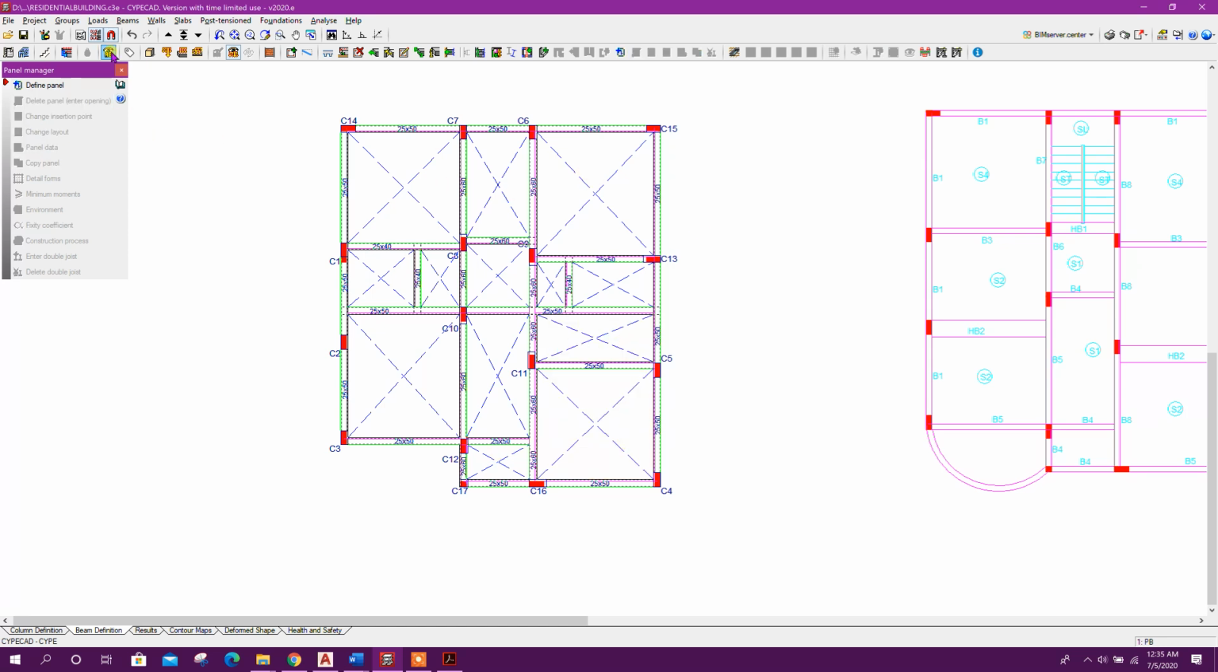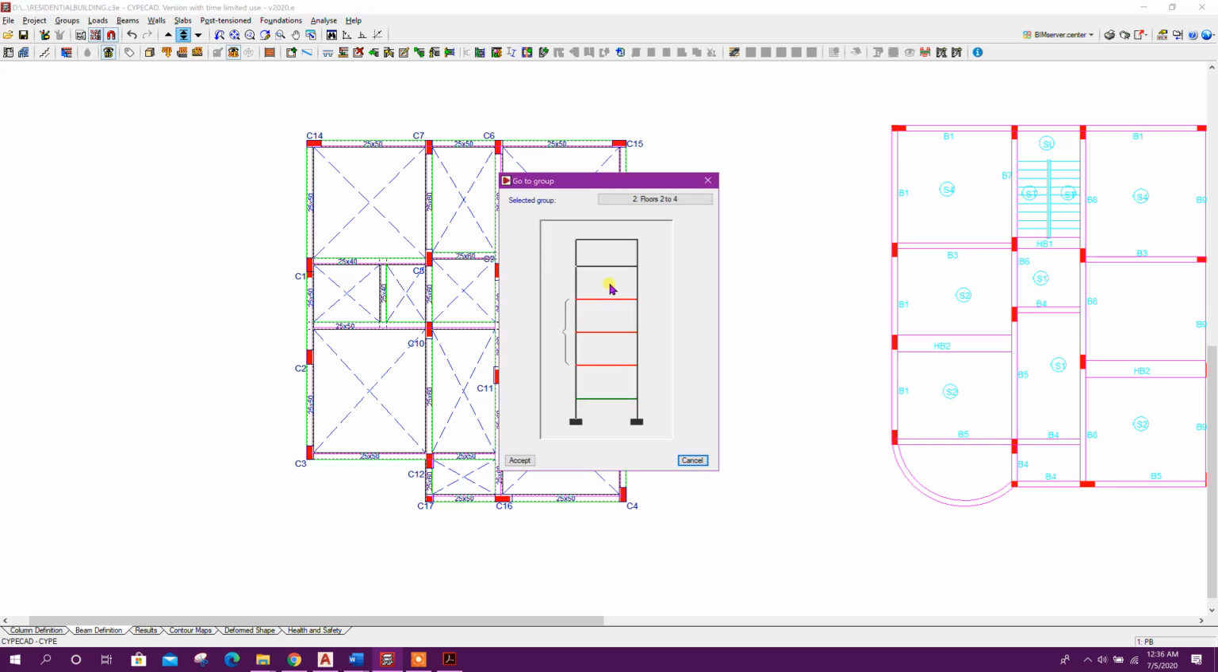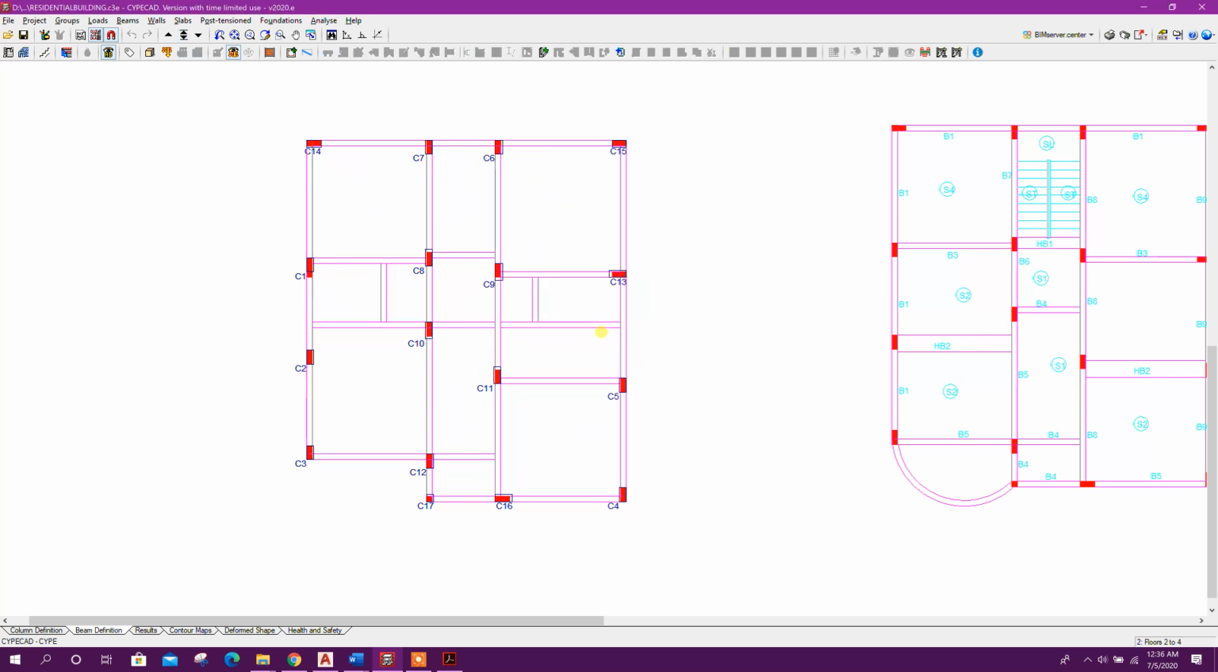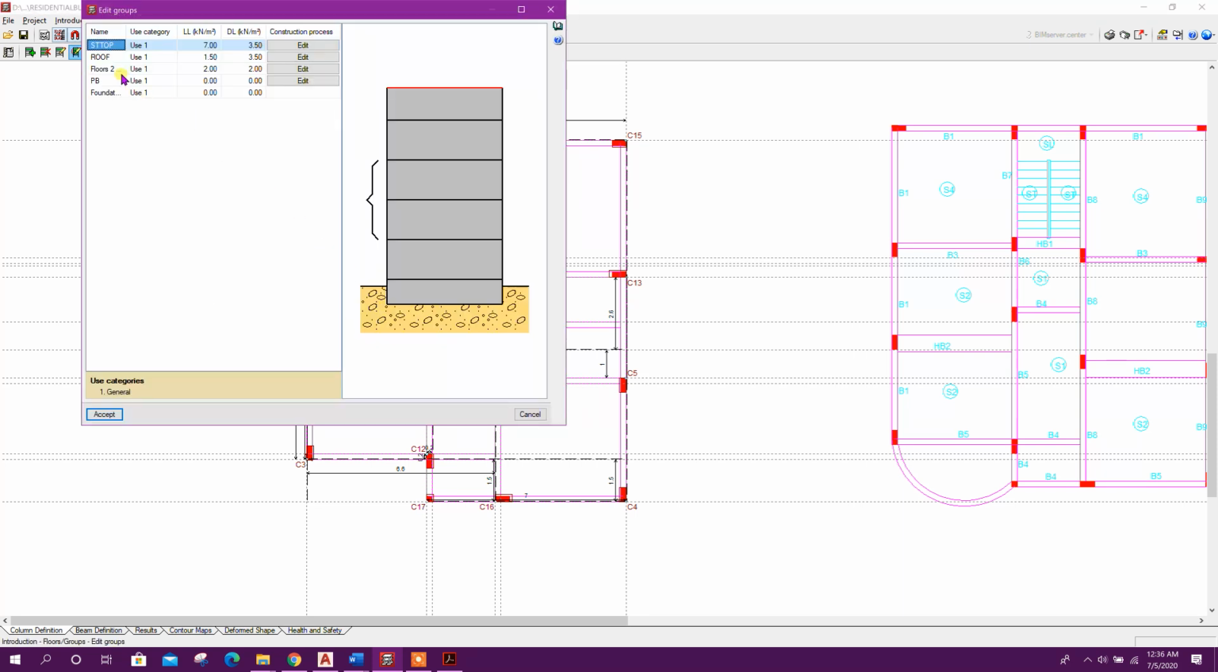Okay, plinth beam level done. Now we can go for upper floors. From this upper arrow, we can select these floors from here also. We can edit our group name also, edit groups. Here 1 2 3, typical 1 2 3,